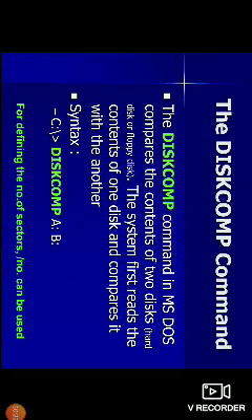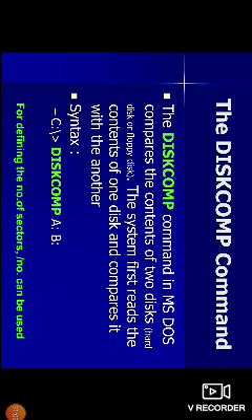Next one is the disk compare command. The disk comp command in MS-DOS compares the contents of two disks, that is, hard disk or floppy disks. The system first reads the contents of one disk and compares it with another. So syntax: c colon slash greater than, this is the command prompt.